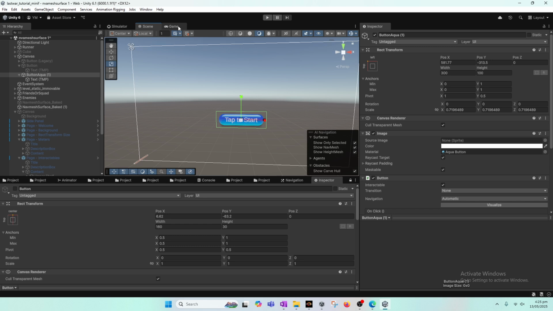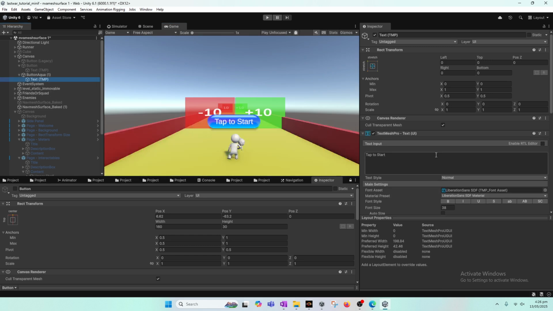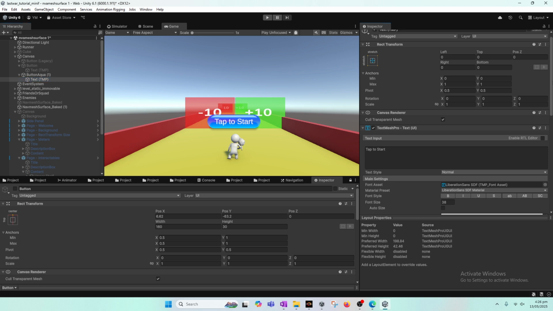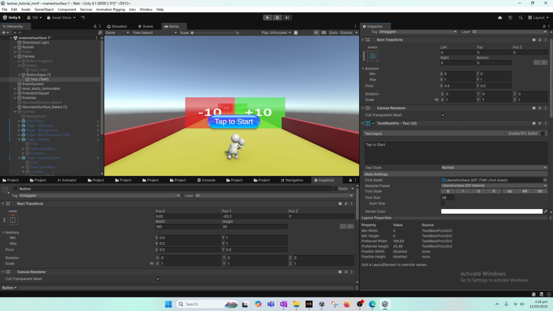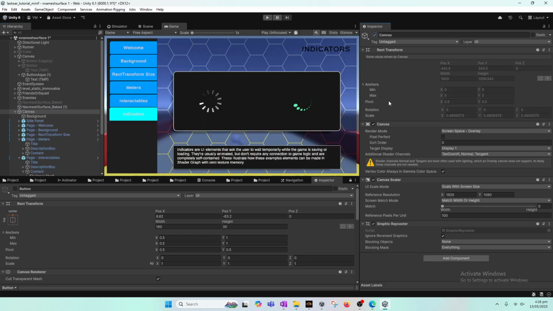Again, this is fine for me. You guys can choose your own value. And here the tap to start looks something like this. And another thing that we can add is, if we go over to these components,